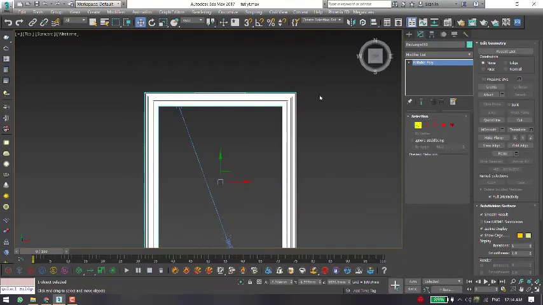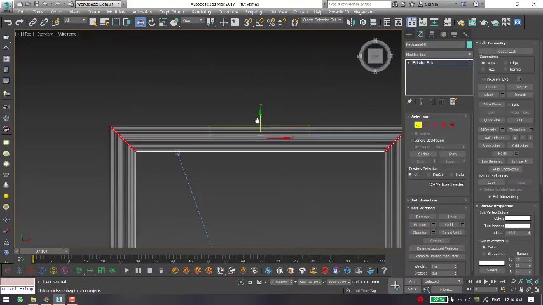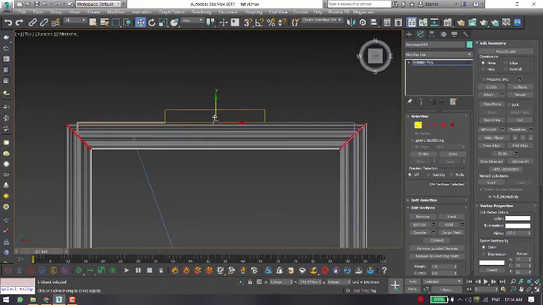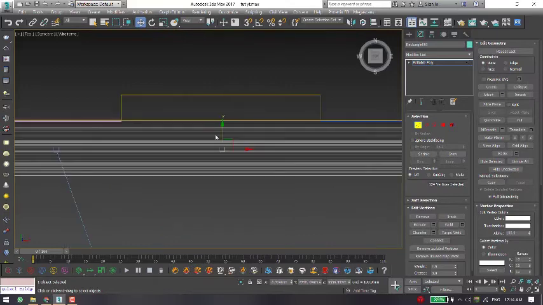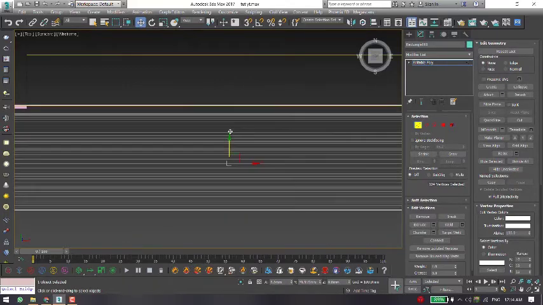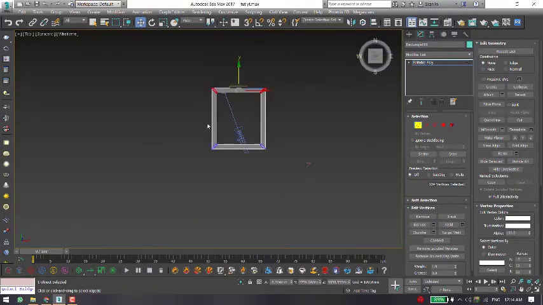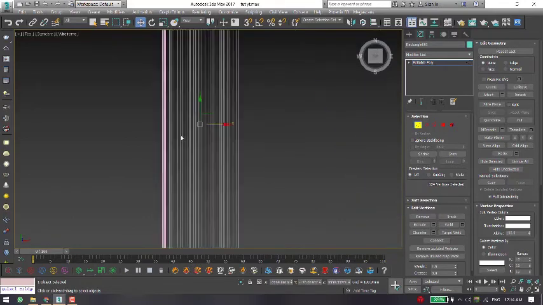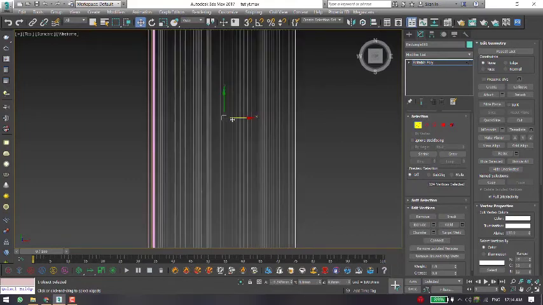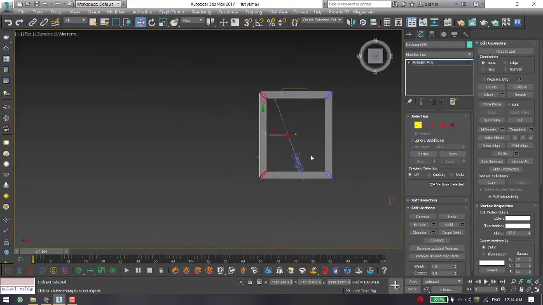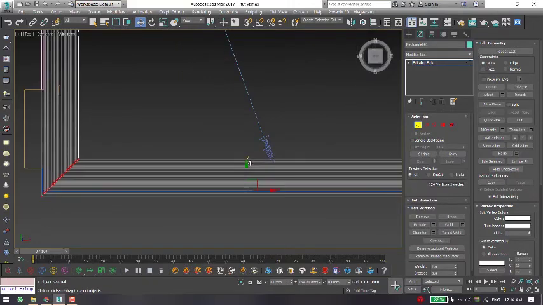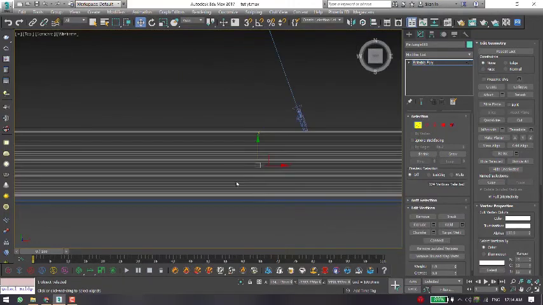After that, select a vertex and click on the move tool, or you can press W as a shortcut key, and try to match that with the walls. I'm just selecting vertices and trying to match this with the wall.